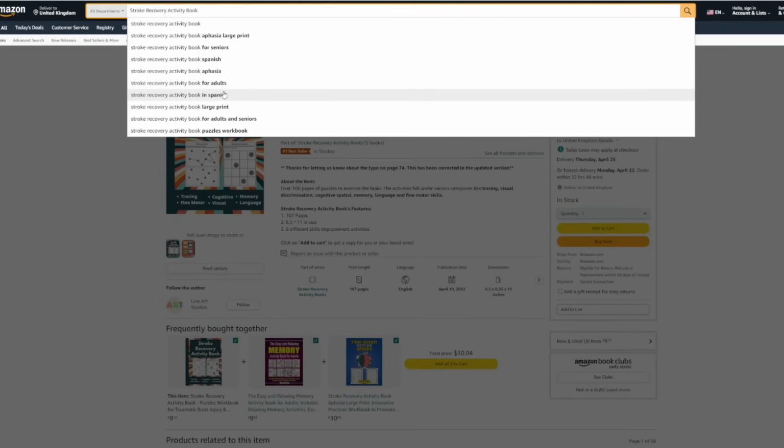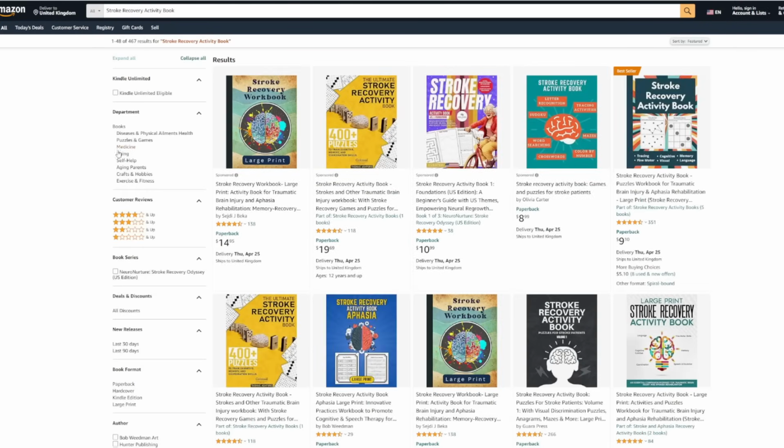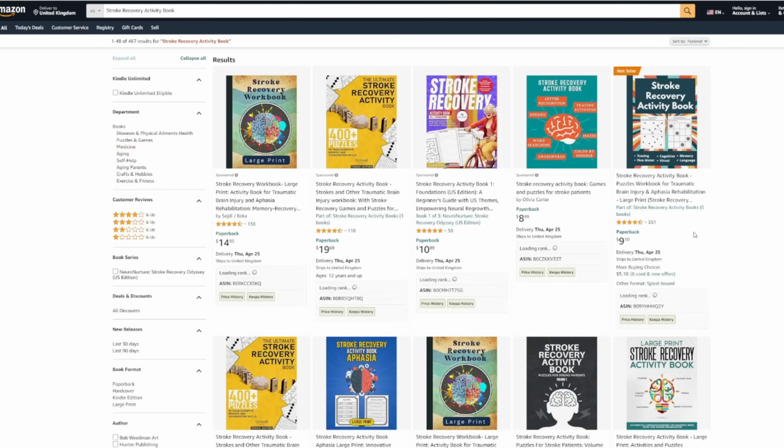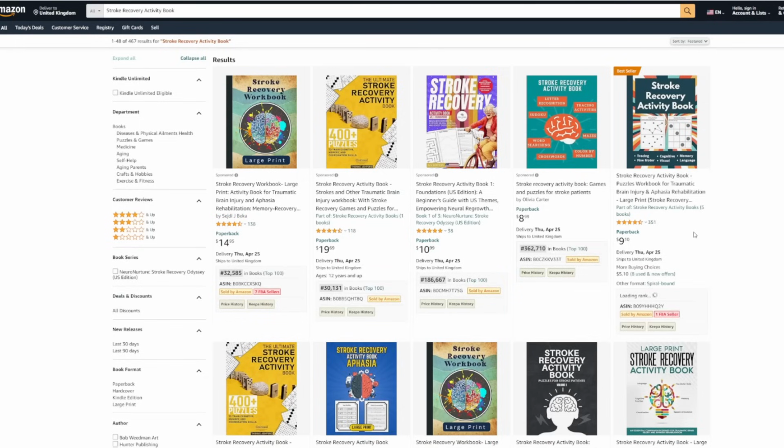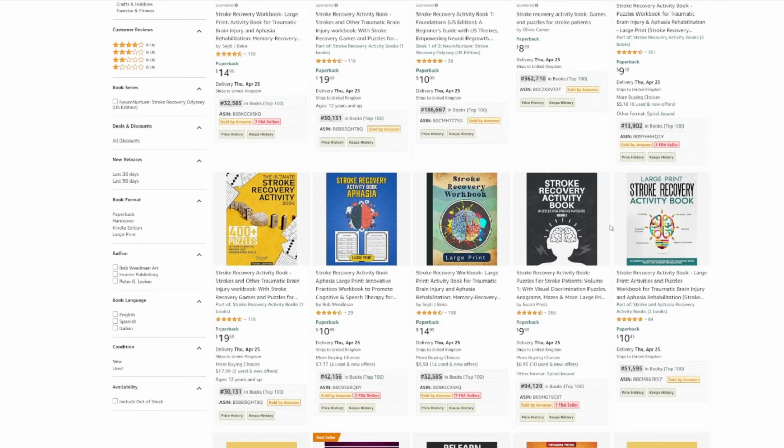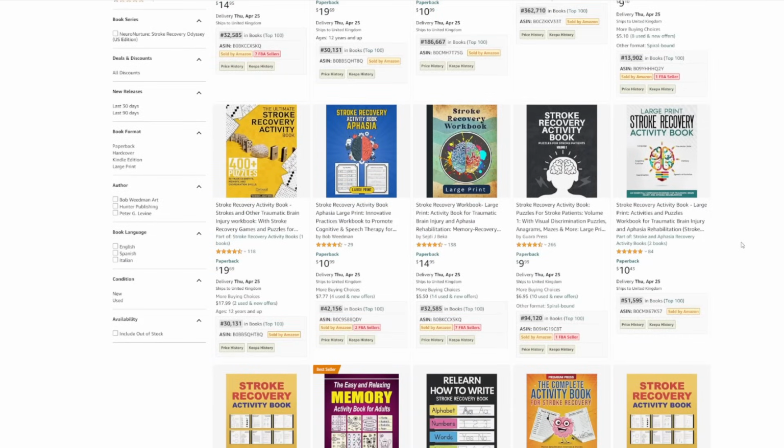It has the branch off search terms. We don't need to rethink what the keyword is because people are searching for it and it is logical, which means that we would use that for the title of our book. Okay, so now what are we going to do? We're going to look at the potential buyer traffic going to this. Let's look through the BSRs: 32,000, 30,000, 186, 360, 13,000, 30,000, 40, 30, 90, 50,